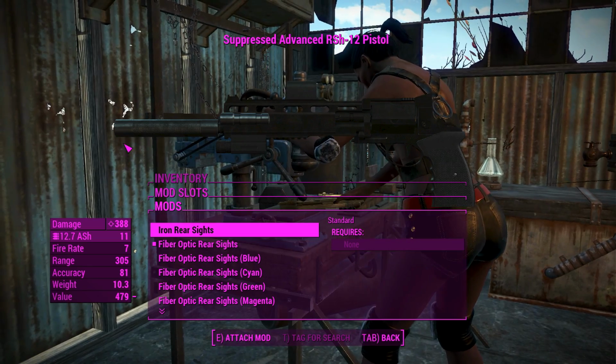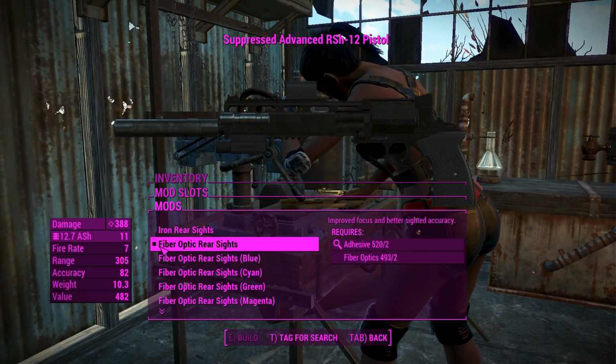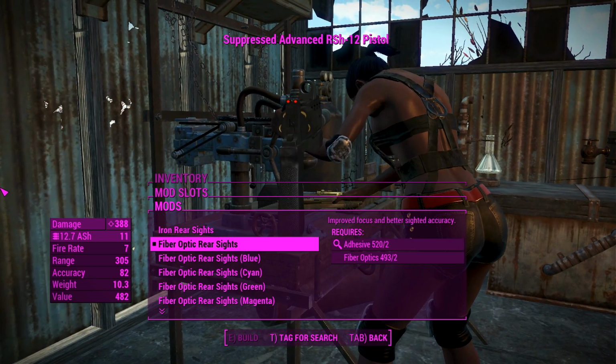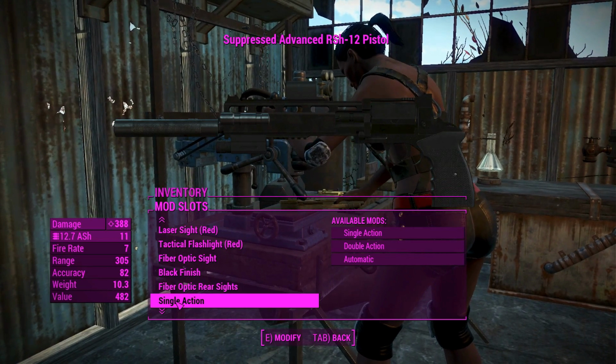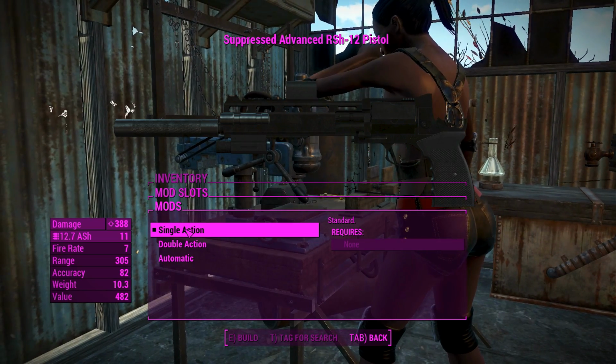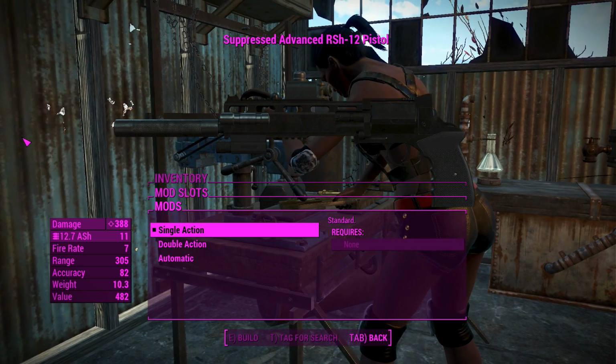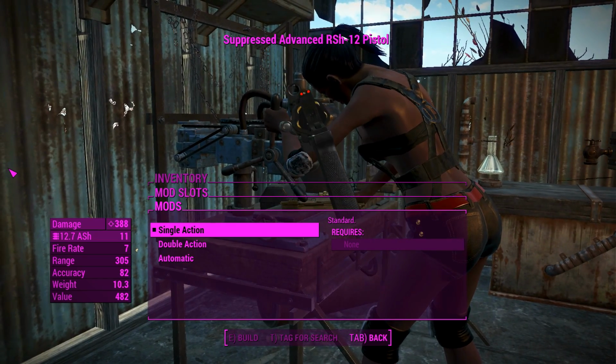Next up, we've got the rear iron sights. Basically, it's the same thing except on the rear post. So there we go, we've got the fiber optic rear iron sights. Not going to be using them, but they'll be there. And you can actually change the firing mode of this. Right now it is single action, which means you'll go through that hammer animation. I'm not sure if this is an incompatibility between this and War Daddy's animations, but when you fire this thing,